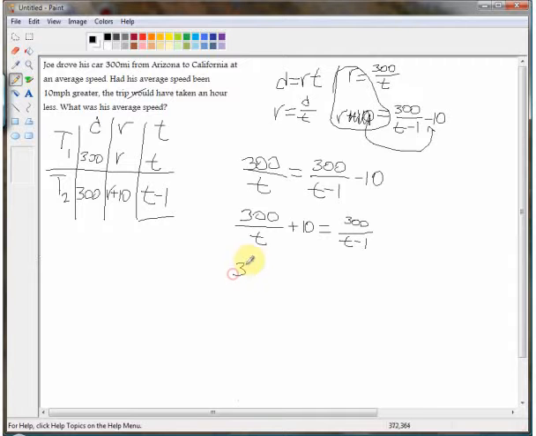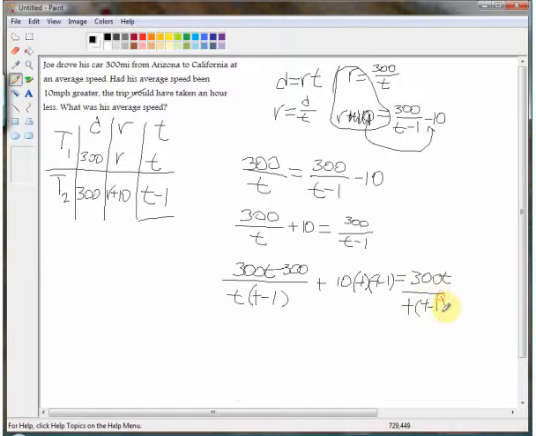So now we say that 300 t minus 300 over t times t minus 1 plus 10 times t times t minus 1 equals 300 t over t times t minus 1. So now basically we can say that 300 t